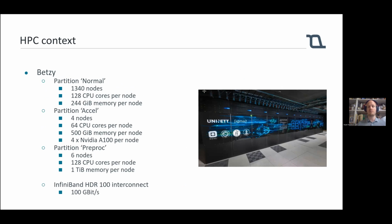Betsy is the most powerful supercomputer in Norway. When it came online, it was the 56th quickest supercomputer in the world, I think. Probably fallen a bit since then. Here you can see I've listed the different partitions from the previous slide. We called them A, B, and C, but here they actually have names that correspond to their intended use case. We have a partition normal, which consists of almost all of the computing power of Betsy, that are